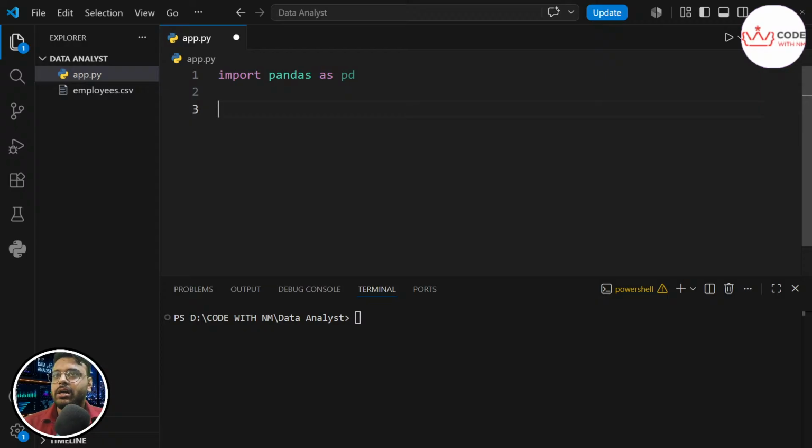Let's start with first reading the file, because unless and until we read this file, we aren't able to access any data inside it. So this is the first thing for analyzing anything: you load the file. Loading the file means reading the file into a DataFrame in our code. To do it, there is a method called read_csv.